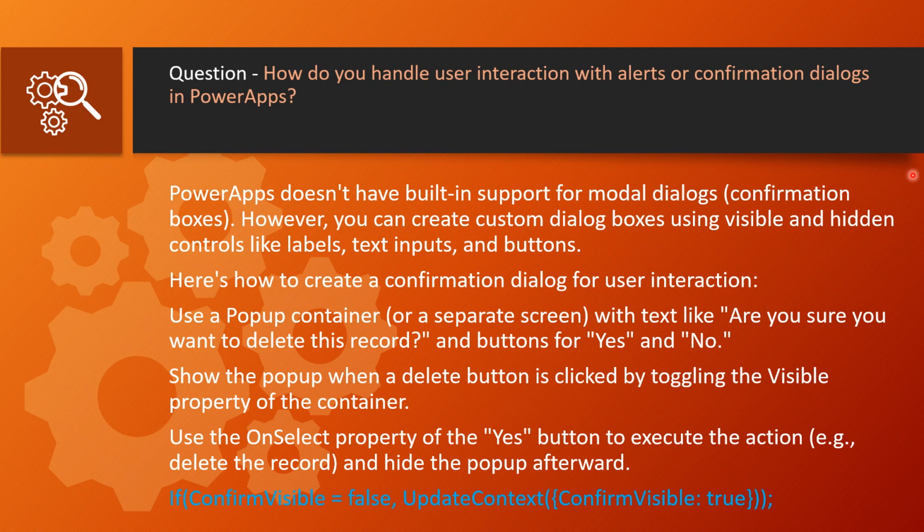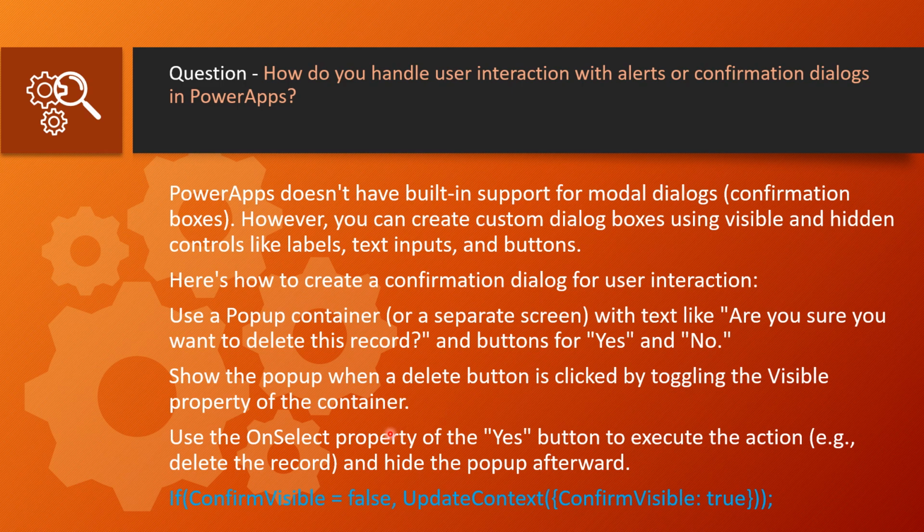So how will you create the confirmation dialog for user interaction? Here we are giving the details. You need to use a pop-up container or a separate screen with text like, are you sure you want to delete this record? And the buttons should be yes and no. So you need to take one label, and after that take two buttons, yes and no. Show the pop-up when the delete button is clicked by toggling the visible property of the container,